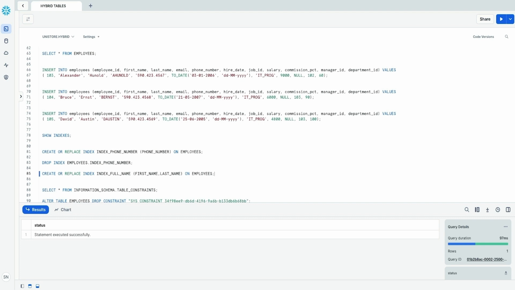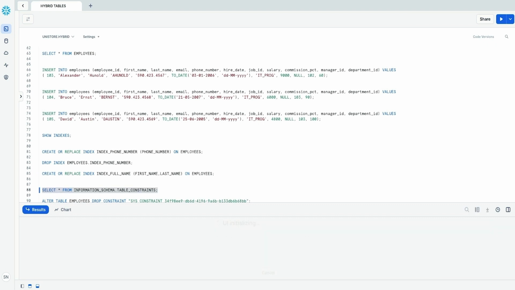When we create a unique key constraint or a referential integrity constraint, there may be times when we want to drop these constraints for whatever reason. It could be data loading or something else. If we want to drop the constraints that we have created on our table without recreating the table itself, we need to locate the name of the constraint, and we can do that by going to the information schema table